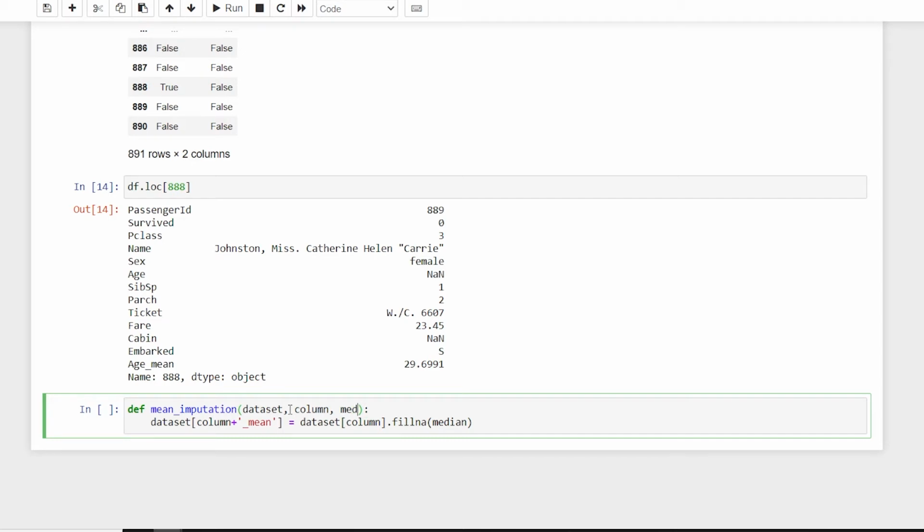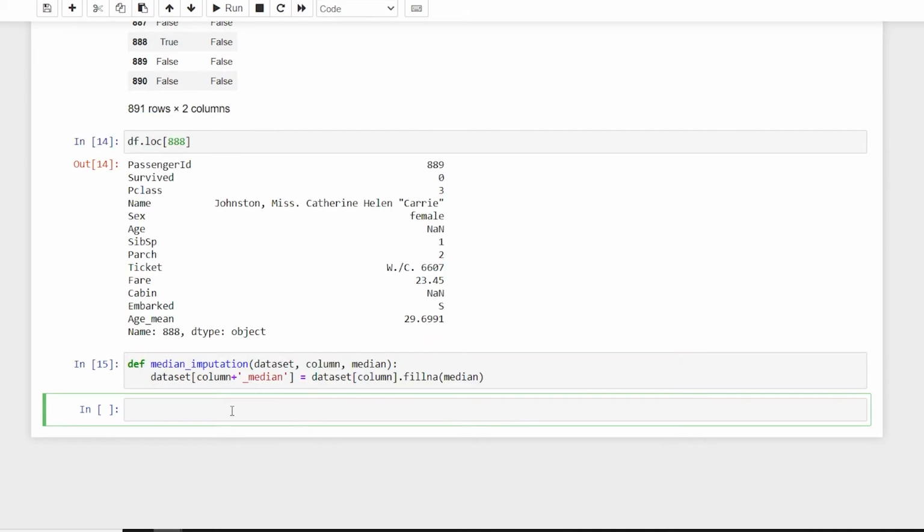Here I'll say median, and everything stays the same. So the median imputation function is going to take the data set, then the name of the column, then the median, and then we calculate it. Let us run this function.